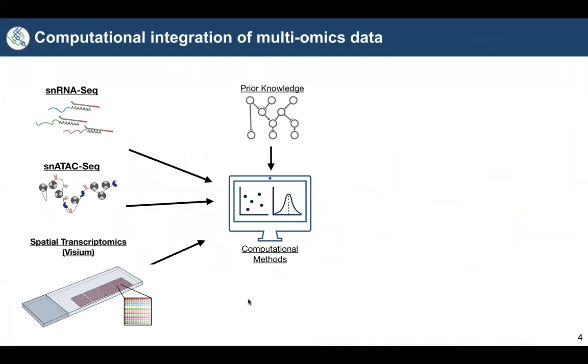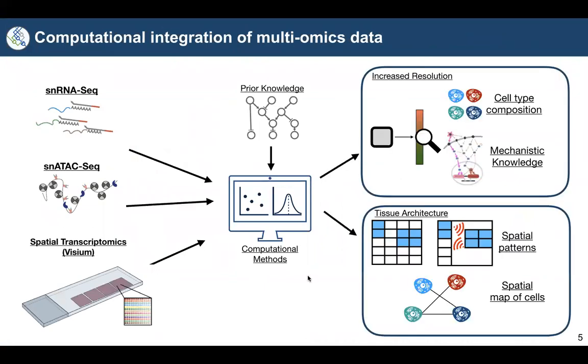The computational work was motivated by 2 main objectives. First, we wanted to increase the resolution of 10x Visium, which profiles the transcriptome of spatially resolved mini-bulk samples of cell communities rather than single cells. And second, we wanted to explore spatial dependencies between cell types and molecular processes to generate descriptions of the tissue